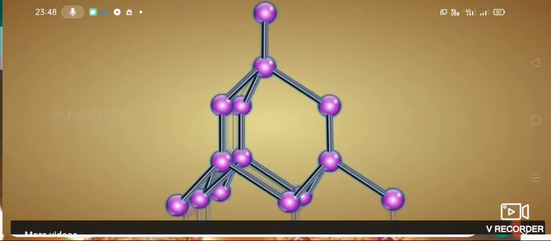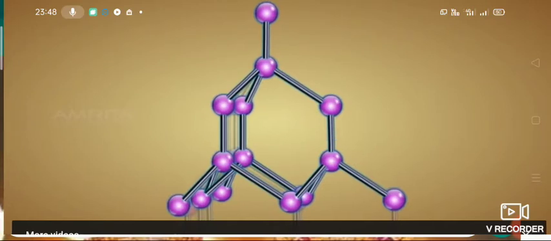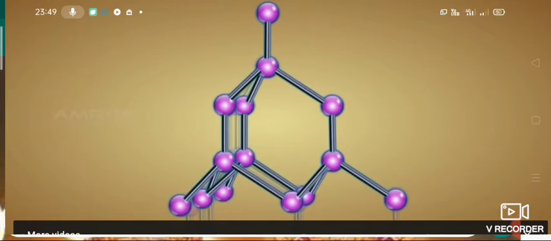These are the properties. Okay. So diamond, we said, is the hardest. It is the purest and crystalline form of carbon. It is found in nature in the free state and also synthesized artificially at very high temperature. Diamonds are found in some of the mines of India. It is measured in carats.